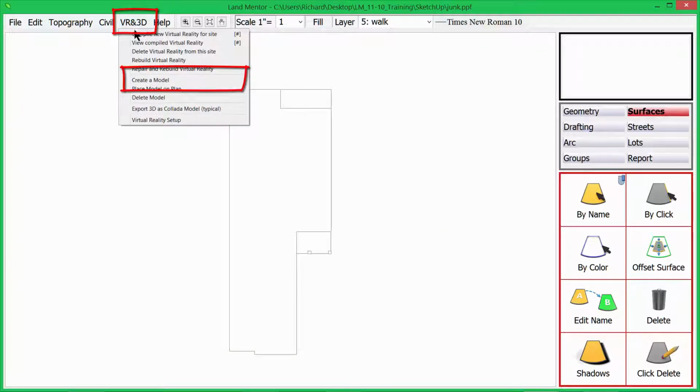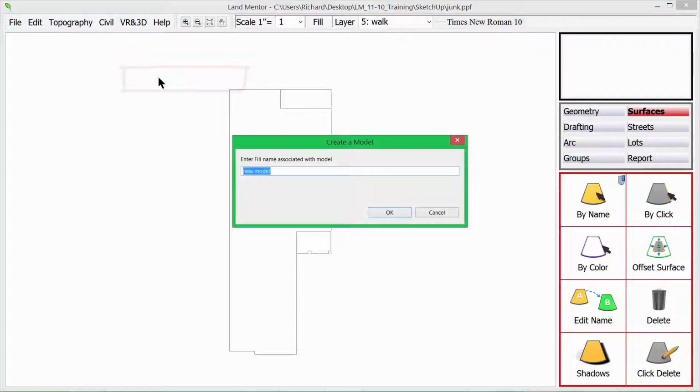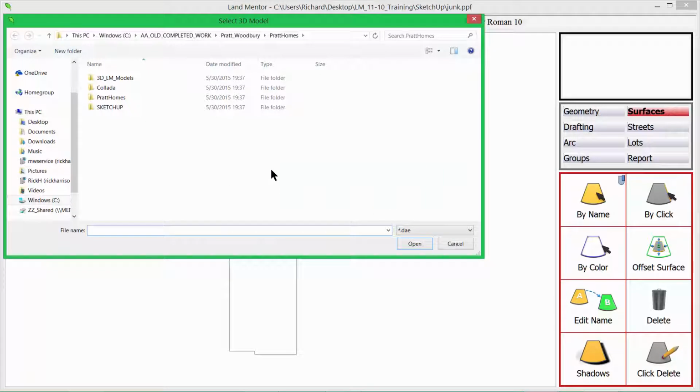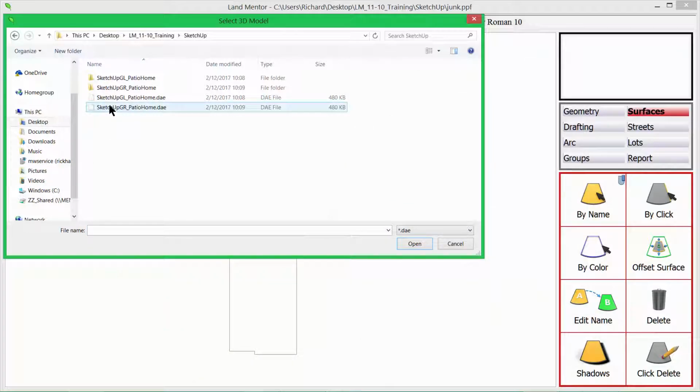And then I'm going to create a model, and you want to create a very unique name. So that one was like Franklin, that model. So I'm going to say Frank, F-R-A-N-K, and then maybe a capital L for left. Hit OK. And then I'm going to call up the SketchUp model that we saved. So that was the SketchUp garage left patio home,